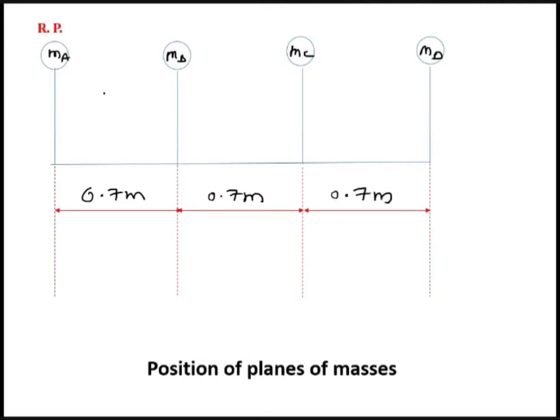Let us say this is RA, this is RB, this is RC, and this is RD from this point O. You can take this point as O. O means what? It is a point on the axis of rotation, right? Try to understand this. And let us say this is plane A, plane B, plane C, and plane D. So what do you mean by this? That masses MA, MB, MC, and MD are rotating in the planes A, B, C, and D at distances RA, RB, RC, and RD, and the planes are 0.7 meter apart. This is the first diagram which I have drawn, and very importantly, I have considered the first plane as the reference plane. Okay.